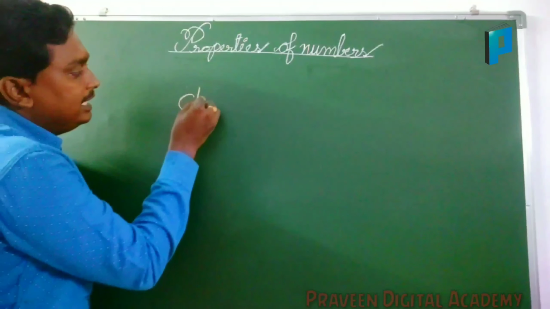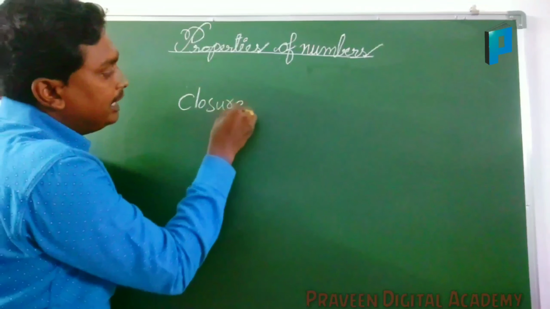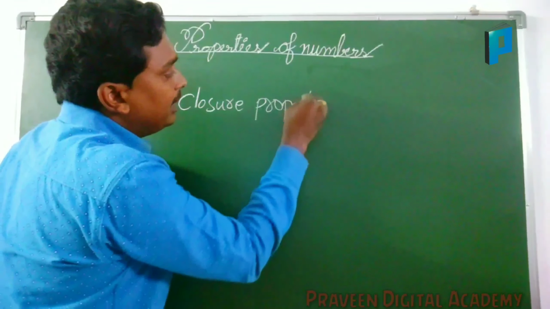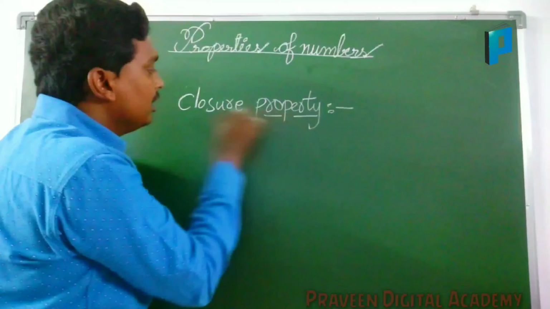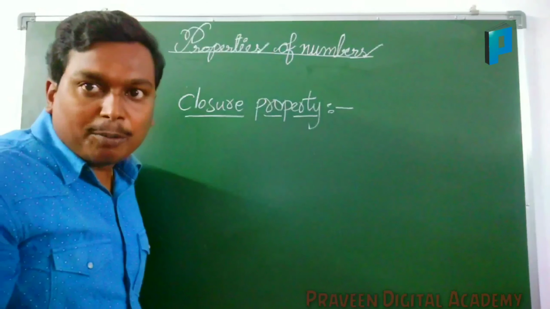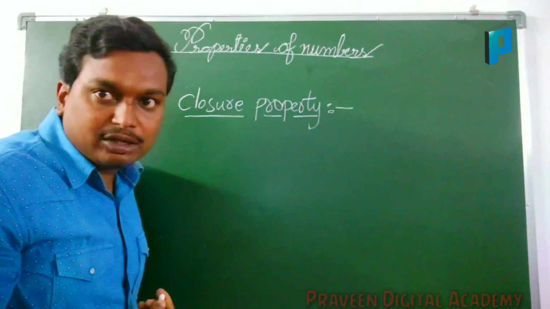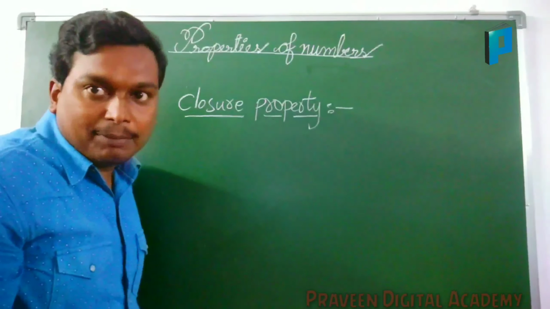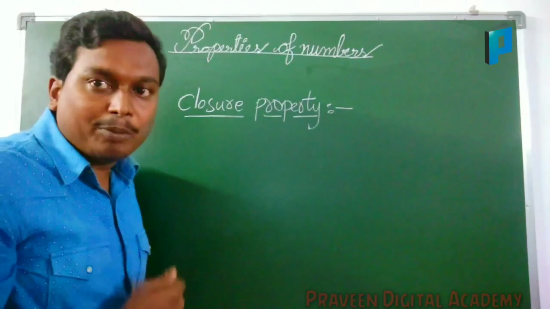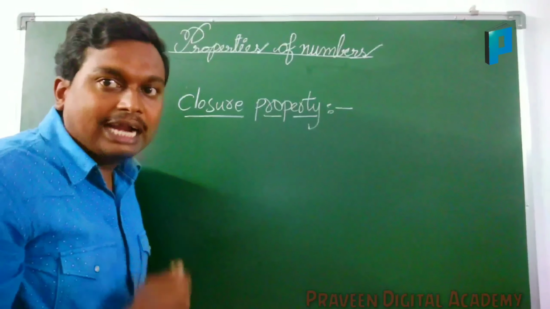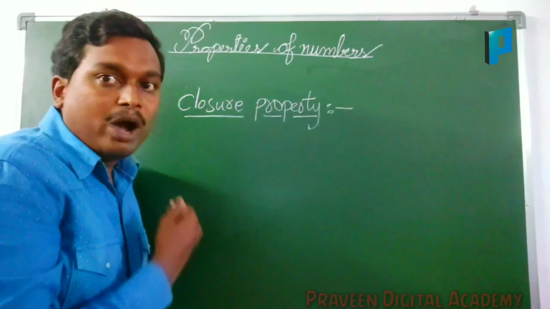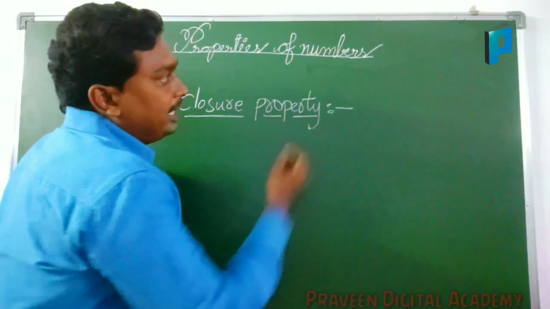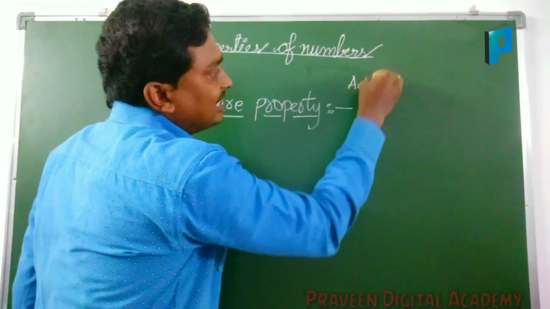First property is closure property. All the properties we are discussing today will be under addition and under multiplication. Why we will not get the properties under subtraction and under division, we will see as we go through the properties. Now, closure property. Closure property under addition is